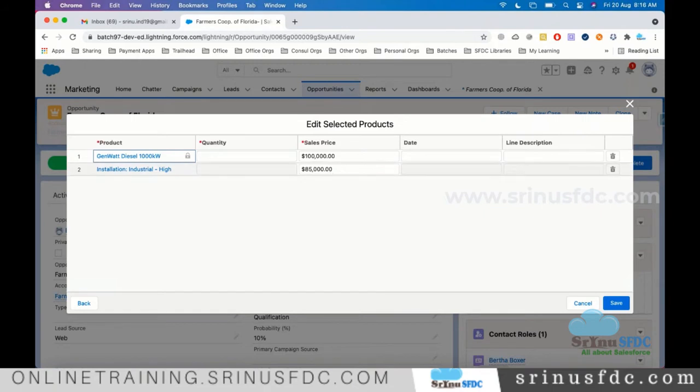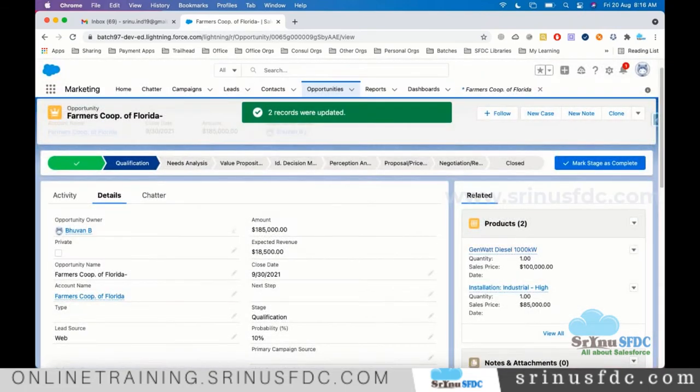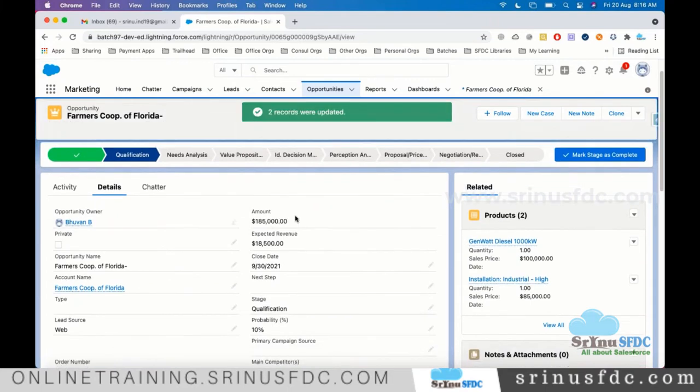At present, this is the price, right? You can also change the price and the quantity, let's say one, and the date and all those things, and then save, so that automatically the price based on the quantity is added.